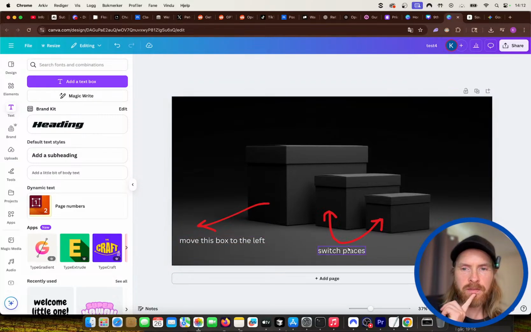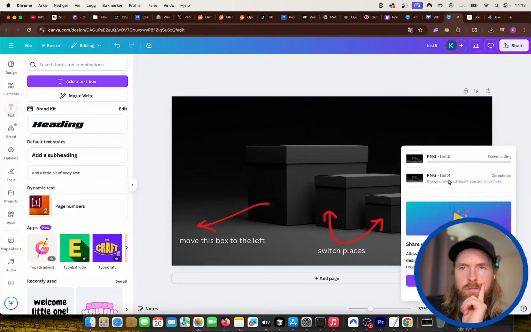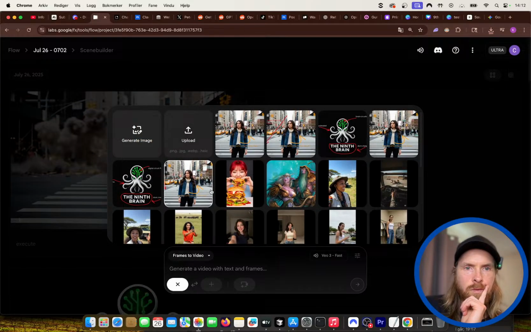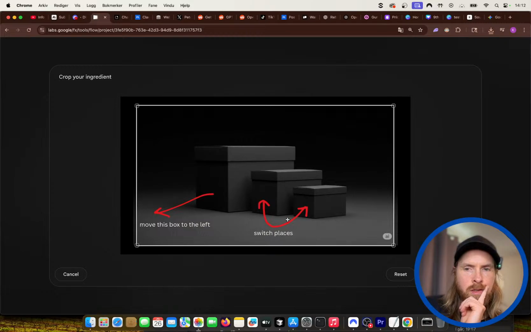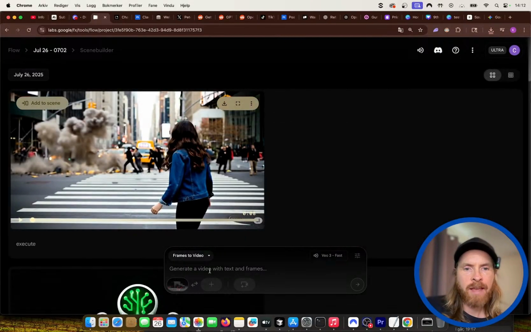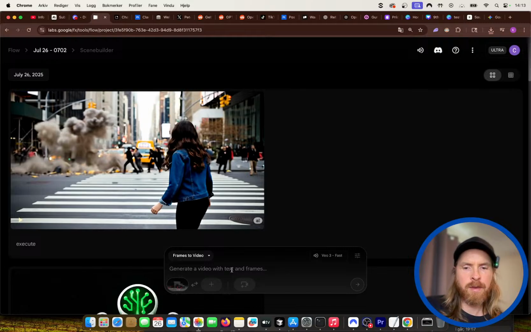Move this box to the left, switch places. Just want to see if this works. So let's do frames to video. Yeah, looks good. But I have to do some kind of text here. Maybe follow instructions.